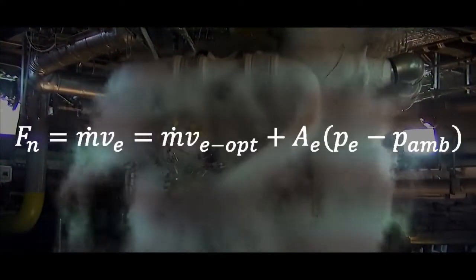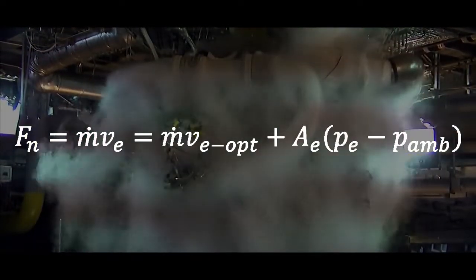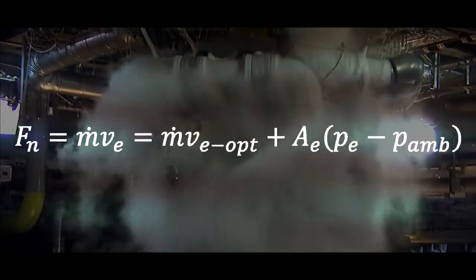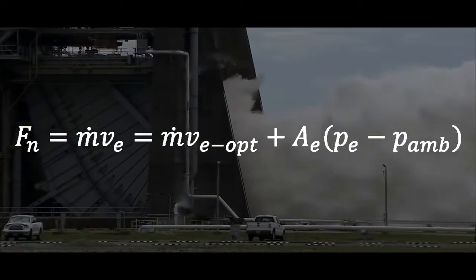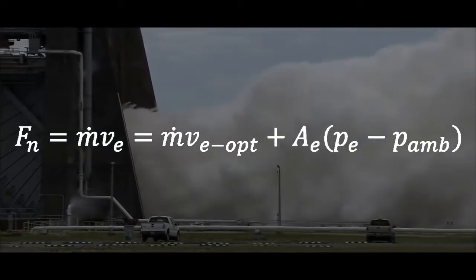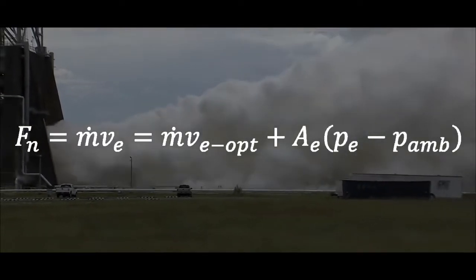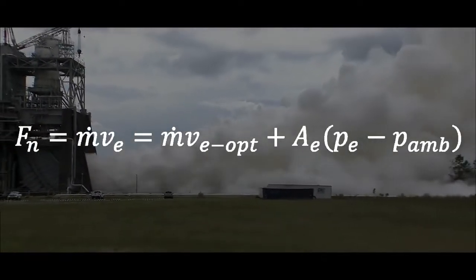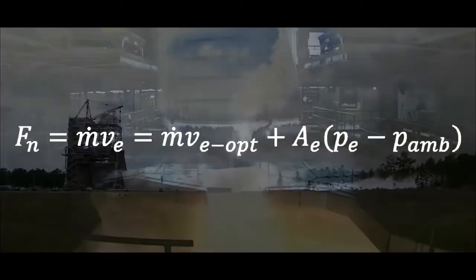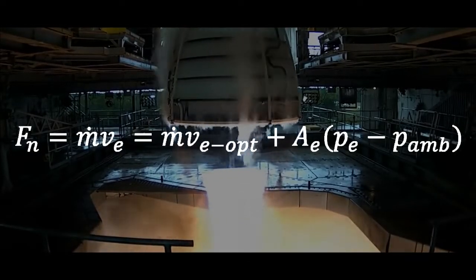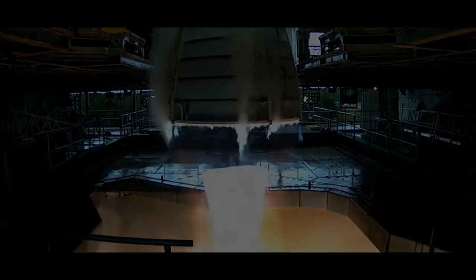To calculate the net thrust, an equation can be used, that being that net thrust is equal to exhaust gas mass flow times the effective exhaust velocity, which is equal to gas mass flow times effective jet velocity plus flow area at the nozzle times static pressure at the nozzle minus atmospheric pressure. This can give us an approximation of the net thrust which is used to lift a rocket, though not everything is positive about this invention, which brings us to